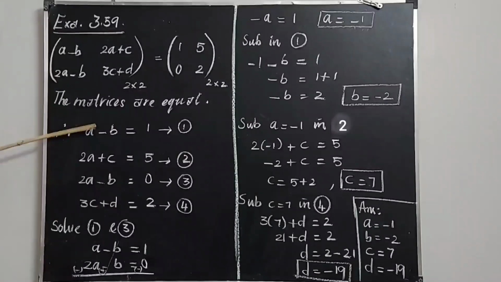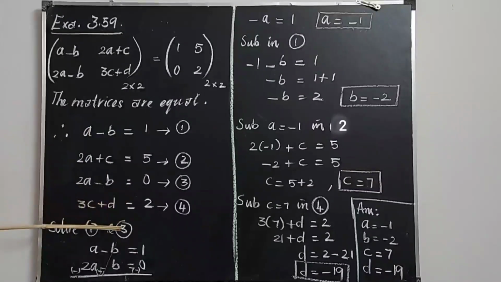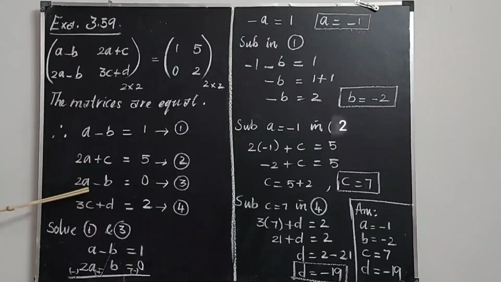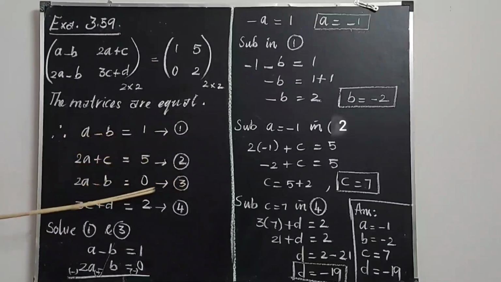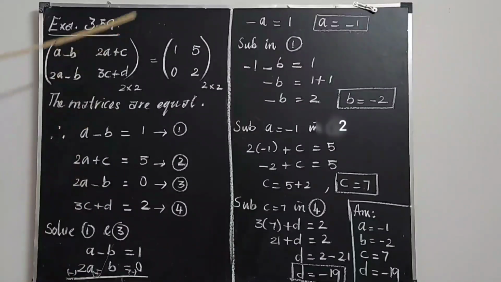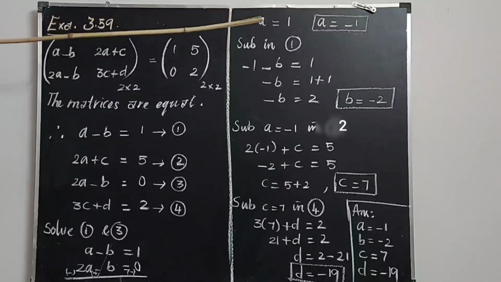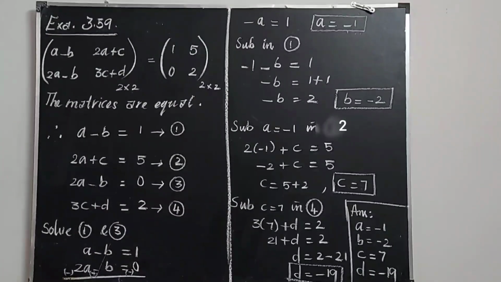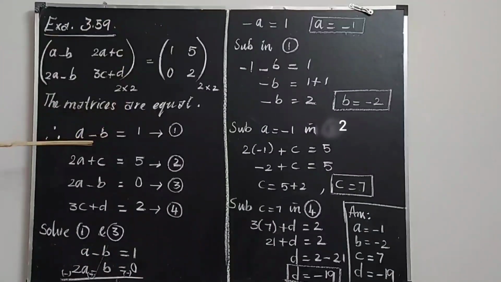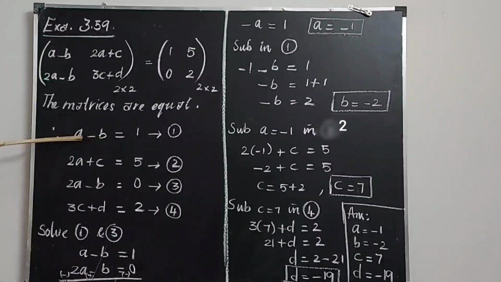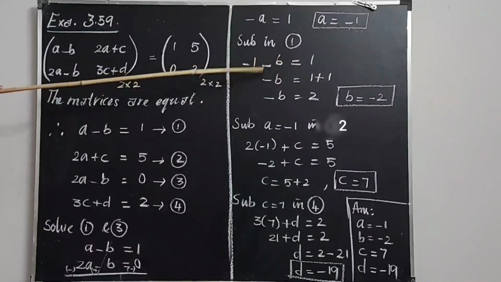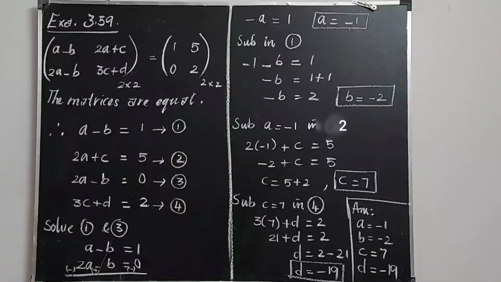Next we have to find what A, B, C, D are. From these 4 equations, choose the equations with like variables. Here A minus B, here also A minus B. So I have chosen 1 and 3. By using the elimination method, I got minus A is equal to 1 and A is equal to minus 1. The elimination method is very familiar to you, so it is easy to solve. When you get A is equal to minus 1, substitute that in equation 1 to get B. Then A minus B is equal to 1, therefore minus 1 minus B is equal to 1, minus B is equal to 2, so B is equal to minus 2.